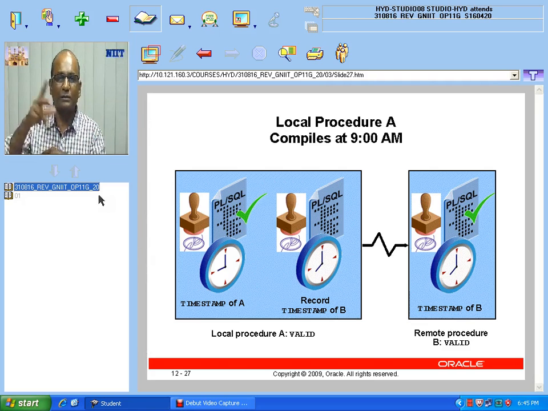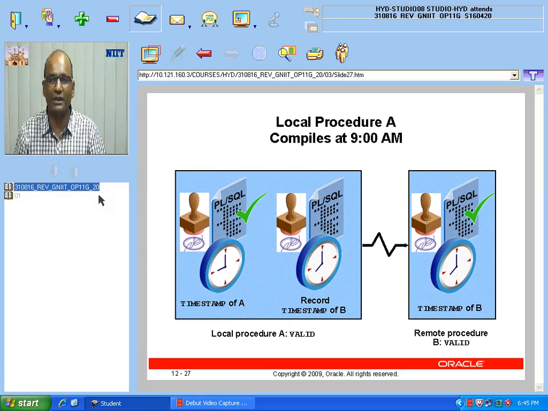Then the procedure would be created again based on the timestamp at 5 o'clock in the evening. That will make my login account invisible, so that is the way the script automatically runs. When a local procedure is created here, it compiles. What I can record,